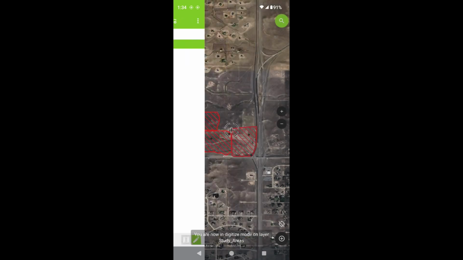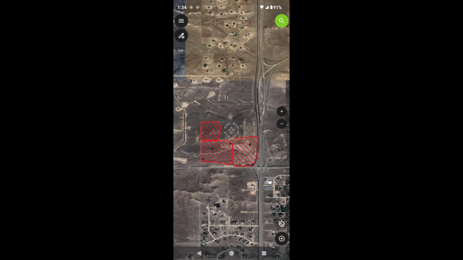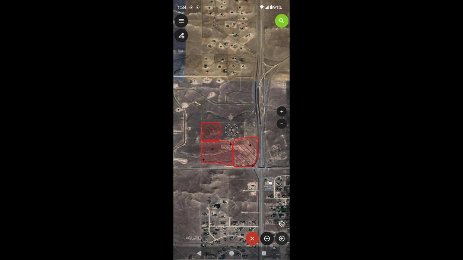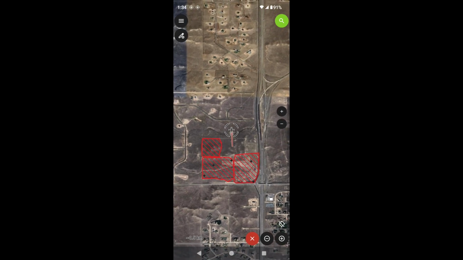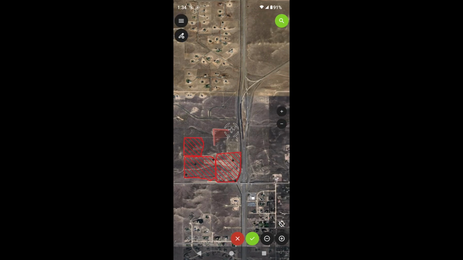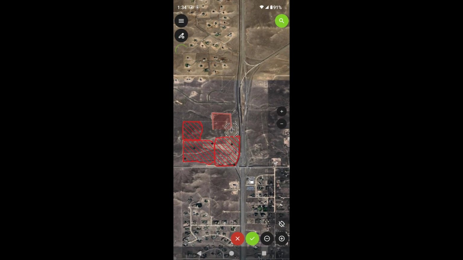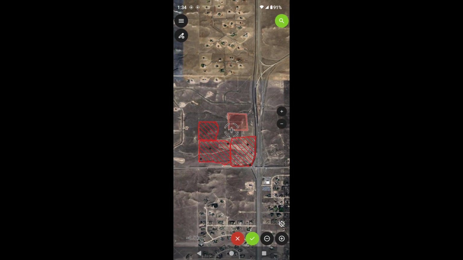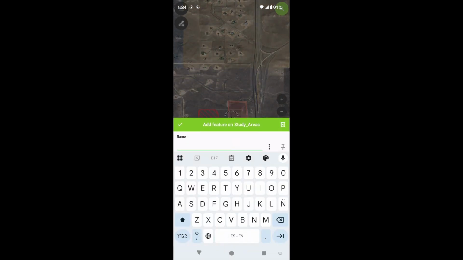I'll go back to the map, and right now my GPS is off, so basically I'm just forcing drawing this polygon manually, and I'm adding a plus. Every time I add a plus sign, I'm adding one of those vertices. And now that I'm done, I'm going to click on the check mark, green check mark. I'm going to call this study at northeast,